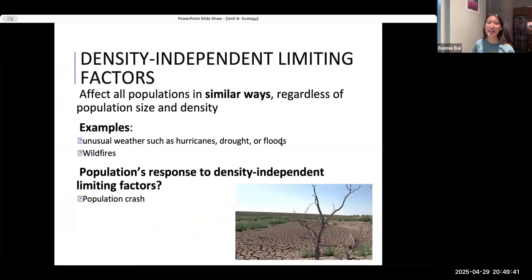Anyway, going back to density independent limiting factors, these are factors not relating to the population density. So these are like natural disasters, maybe wildfire, maybe humans hunting. You're like, wait, aren't humans hunting related to the population? Well, not necessarily. Maybe people are just hunting anyway and not caring about the population size. But usually density independent limiting factors feel more like natural disasters. Well, it doesn't have to be a disaster. It could also just be the amount of water that's available in the desert, and that is just how the desert is.